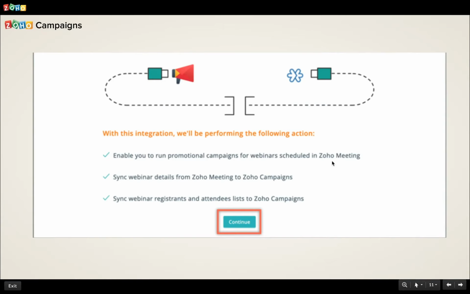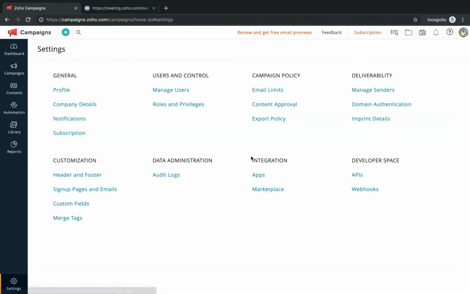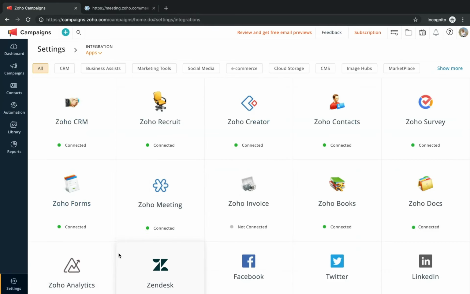After you click on the continue button, you will move again to this page, and this is how it would appear. You would see connected, and you can see how many accounts have been connected. One account is connected.